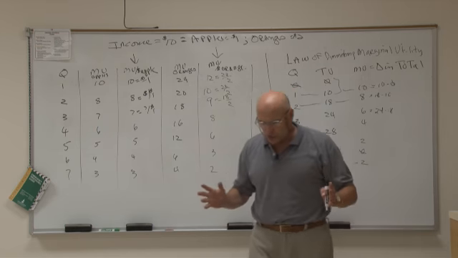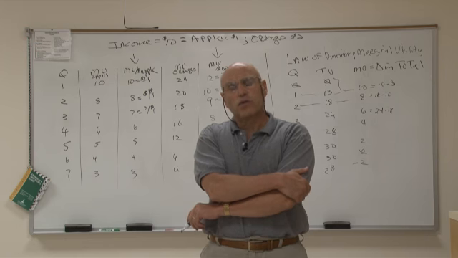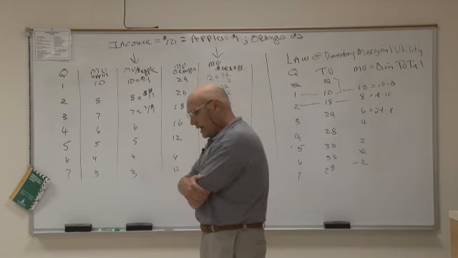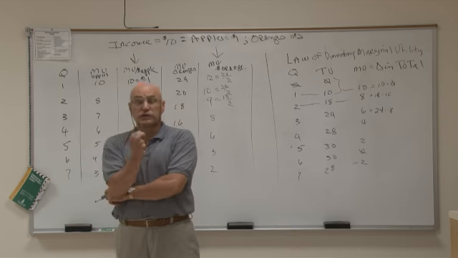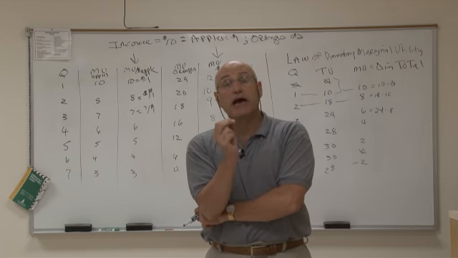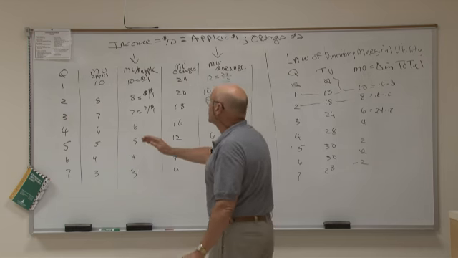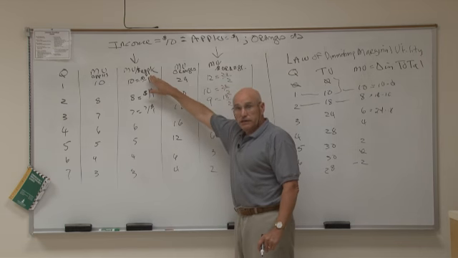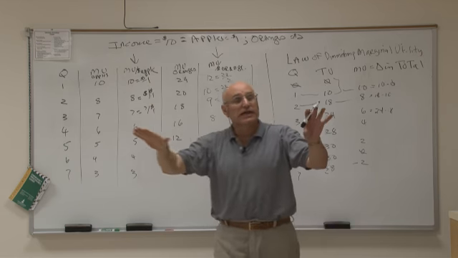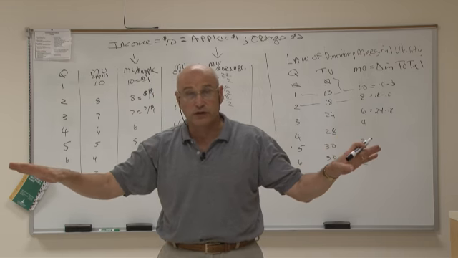So now I'm concerned with, out of my income, how will I decide what particular goods to buy? Out of all the goods that are in a store, what goods do I buy? Well, we have a rule. It's called the utility maximizing rule. That rule states that I will spend my last dollar on all the goods that give me the same marginal utility per dollar of the good. That provide me with the same. In other words, that my marginal utility per unit of the good, per dollar value of the good, is going to